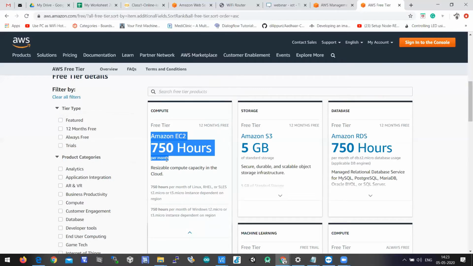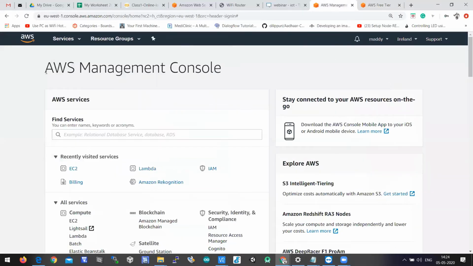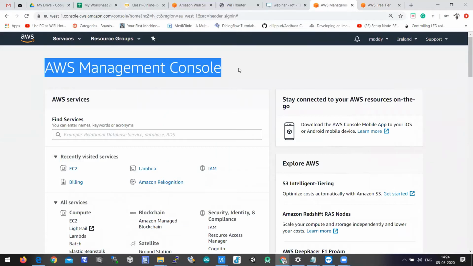So let's understand what is Amazon Web Services, what kind of domains are there, what kind of services are there. And let's talk about Amazon EC2 today. AWS is totally managed. The services of AWS are managed through the AWS Management Console. It's like a control panel for AWS where you can access all the